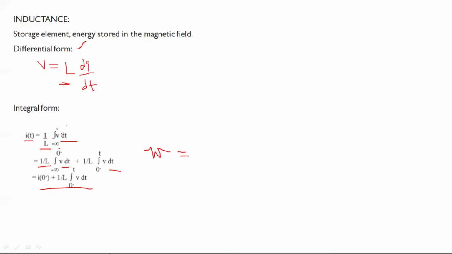L is the inductance value in Henry. I is the value of current, which is independent of the history of the current, whether the current flows continuously or for a required time period. The practical inductance is called an inductor. Okay, Ohm's law. Now we will come to Ohm's law.